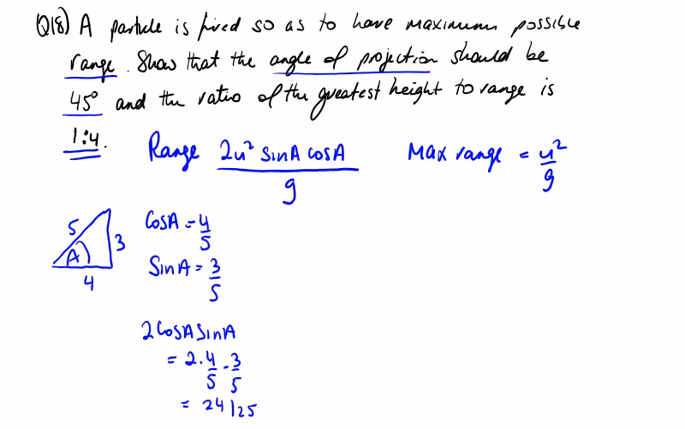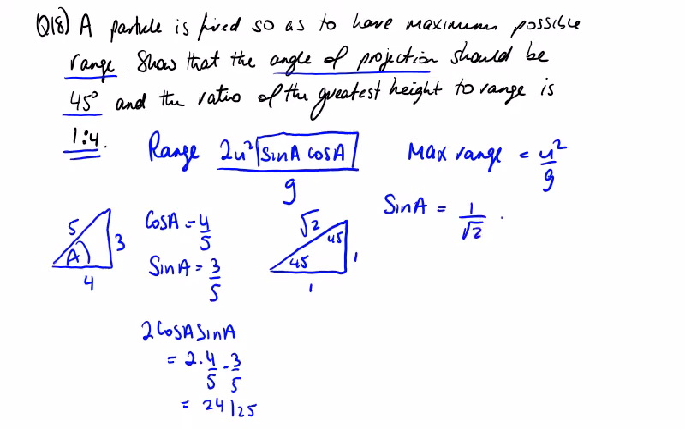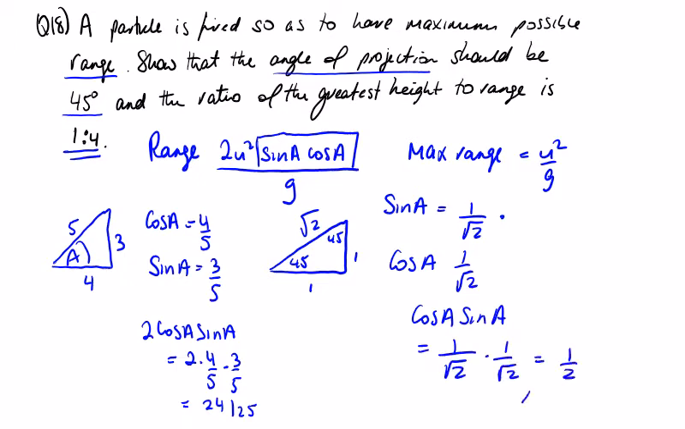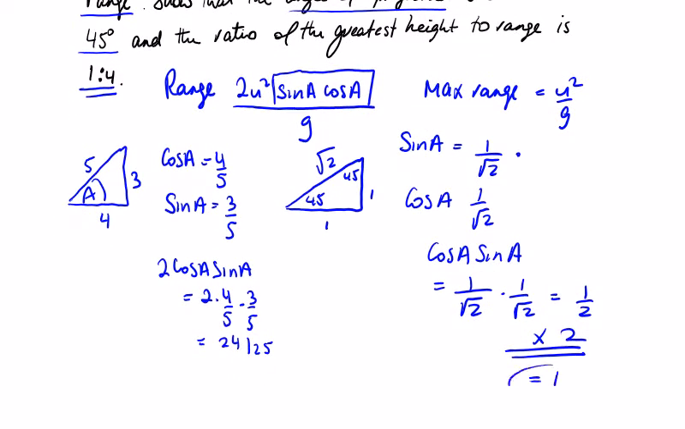So what gives a max value for this sin A cos A? Now it's in my 45-degree triangle. If this is a 1 and a 1 in ratio sense, this is root 2, so sin A is equal to 1 over root 2, and cos A is also equal to 1 over root 2. So cos A sin A is equal to 1 over root 2 by 1 over root 2, which is equal to 1 over 2. And if I multiply that by 2, I'm going to get an answer of 1, which gives me this max